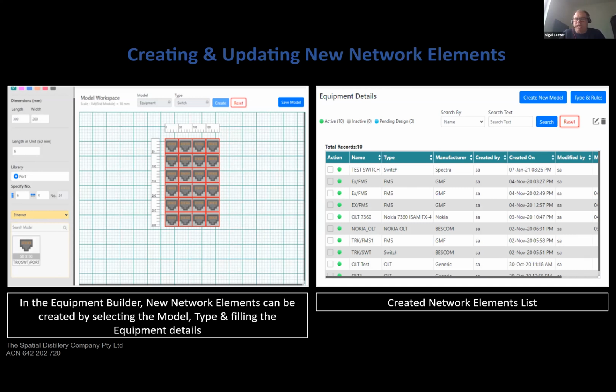Each telco and operator have their own types of equipment that they prefer to use. Inside the platform, we allow you to actually model and create those new network elements in the system. So you don't have to wait for us as the vendor to add those new equipment types. You have complete control over that and can do all of that yourself. So really powerful and something that our clients really love about the platform.